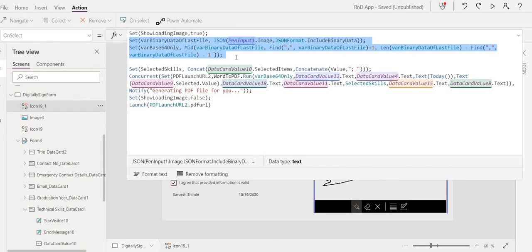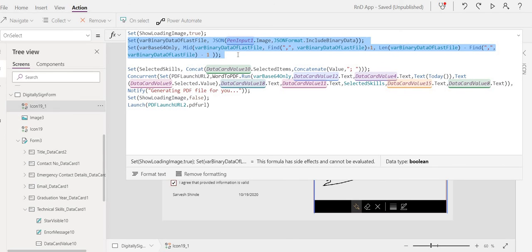I'll just copy this code. We are just removing some of the part from the binary data which is not needed. Actually, it describes the type of the file. We don't need that data to be sent to the flow. So I'll share this code in the description below.